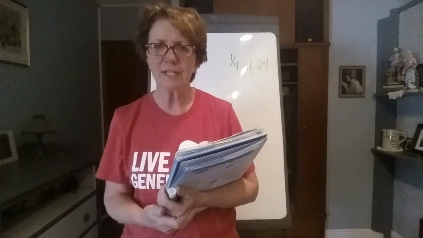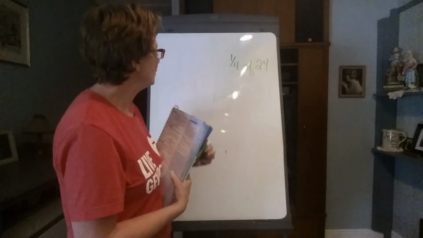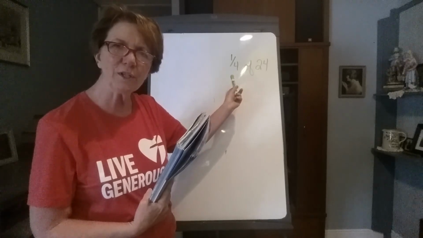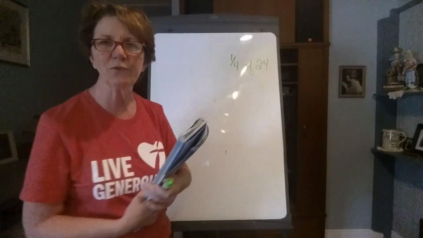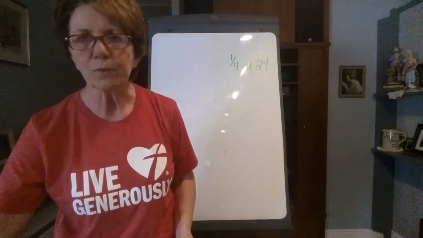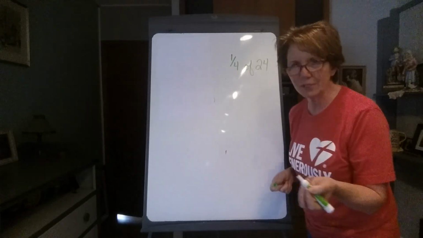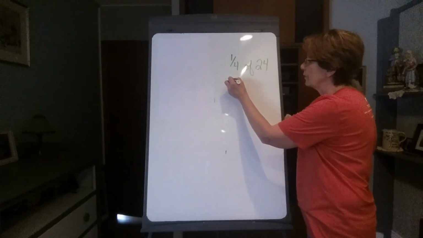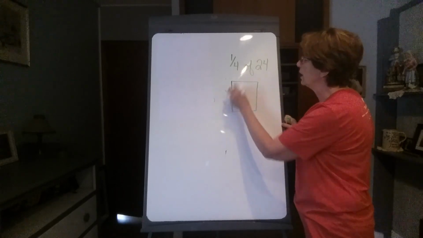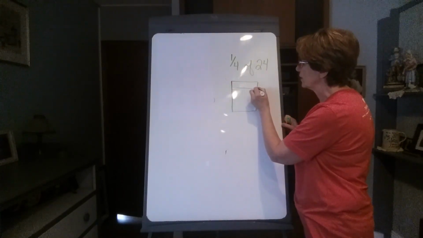Okay, third graders, today is lesson 70, and basically what you are learning today is to solve this kind of story problem: What is 1/4 of 24, or a fraction of a number? Now, what they would have you do in the book is, and I always tell you it's good to draw pictures, so I don't mind you doing the pictures, but they would have you draw 4 sections